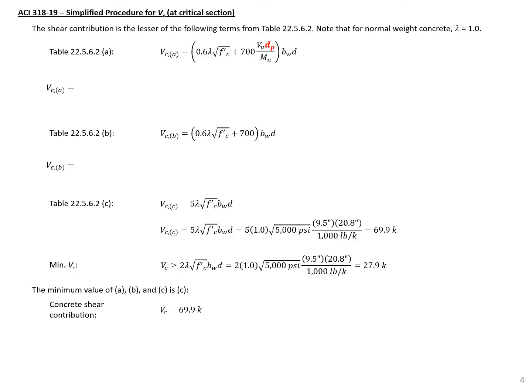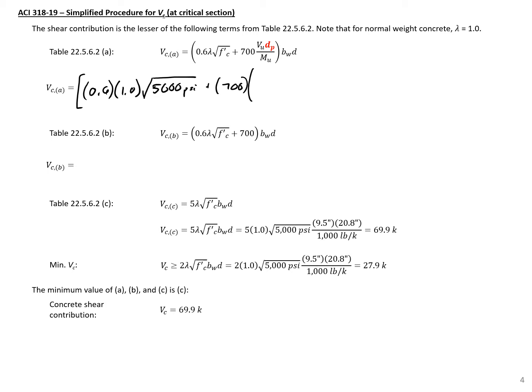We now have all the values that we need to calculate our Vc using the ACI 318 simplified procedure. This procedure requires you to calculate 3 different values from our table as shown here, and then the controlling value, or the minimum of those values, is going to be our Vc. So we'll start with our Vci, and this will be 0.6 times 1.0 for our lambda. So normal weight concrete will have a lambda of 1.0, times the square root of 5,000 psi, so we use psi for ACI, plus